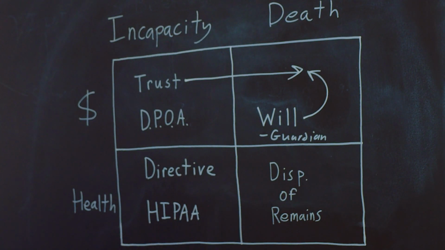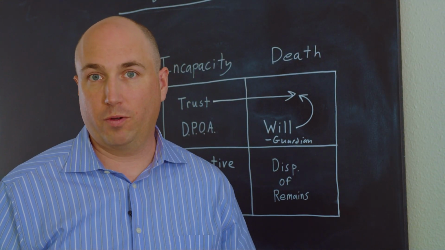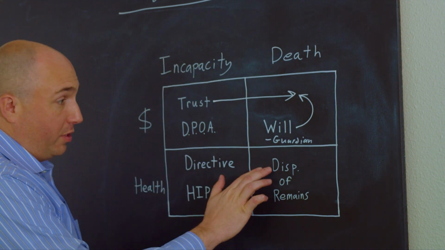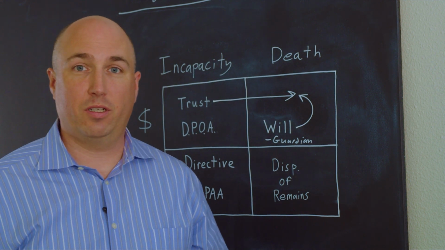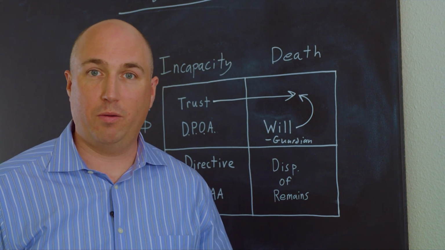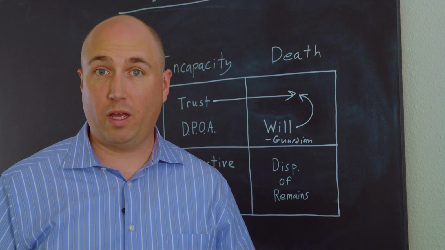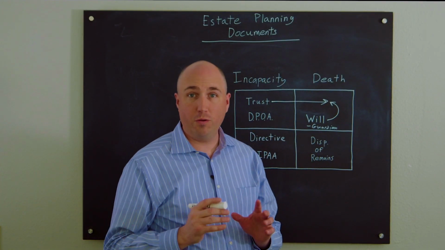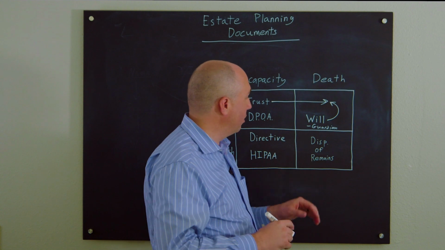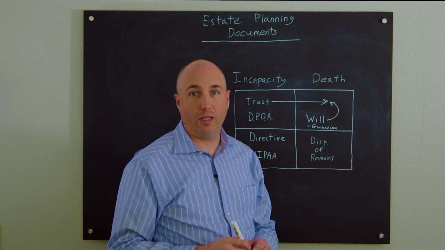Then finally here, if you have died, someone's going to need to make decisions about your body. And they'll need to have authority to deal with a funeral home, for example. The disposition of remains form would kick in at that point. This document is used to name a person to make decisions about your body, and it would allow them to make decisions about things like cremation or burial. If you have already expressed your wishes, or if you have done a prearranged funeral plan, this is the document that would allow someone to see those things through on your behalf and would give them the legal authority to do that.